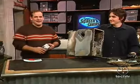And now let's kick it to Jess for a wicked cool web tip. That's right. Preserving your old photos, slides, and negatives is not an easy